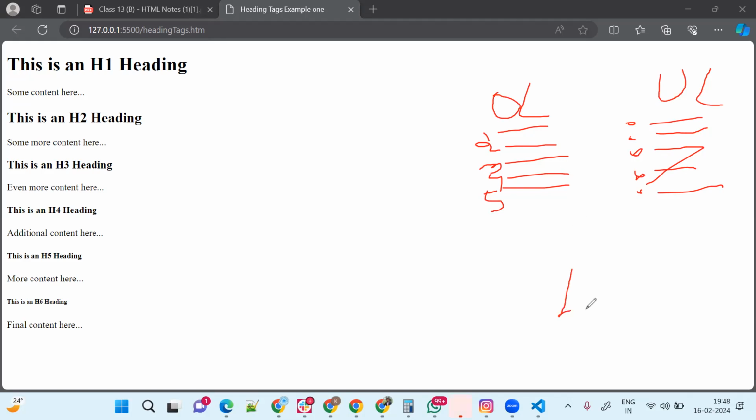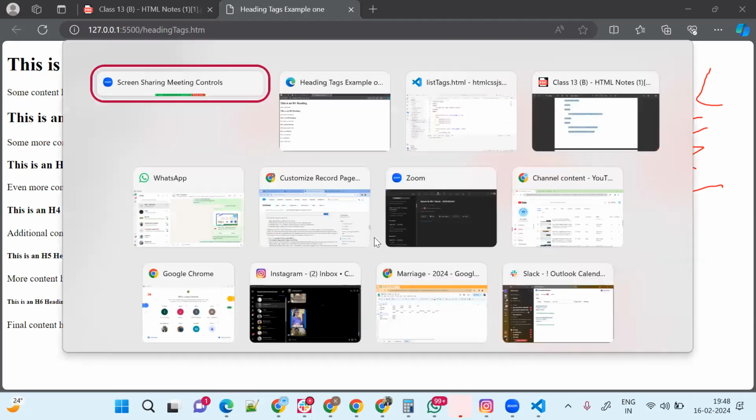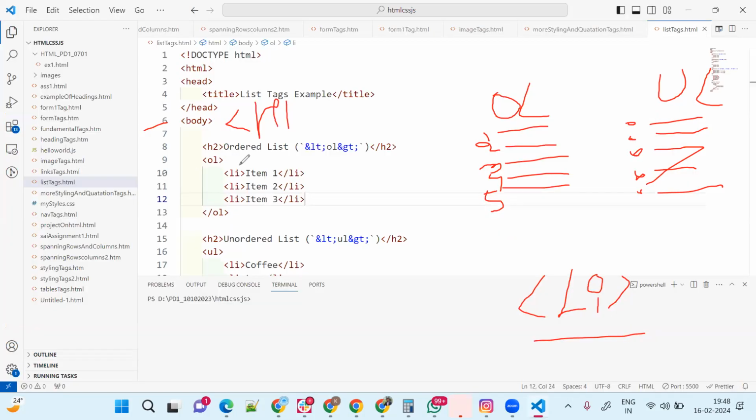This list element is called li. As per heading, we have the h tag, like h1 tag, h2 tag. For the HTML list element, we have the tag li. Now, if you take the li tag and use it here in this way,